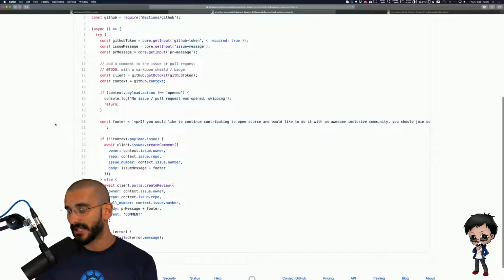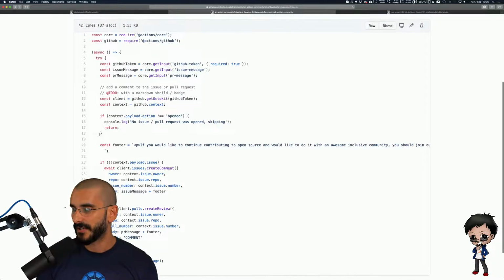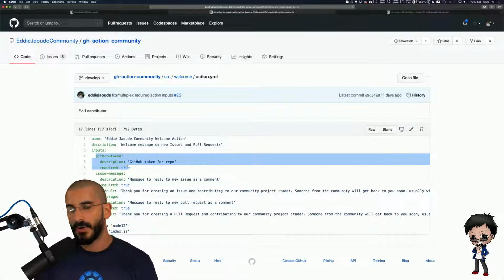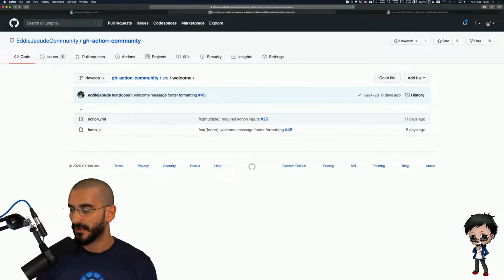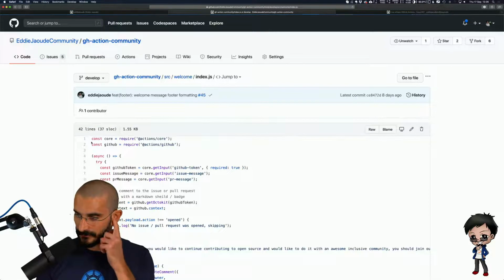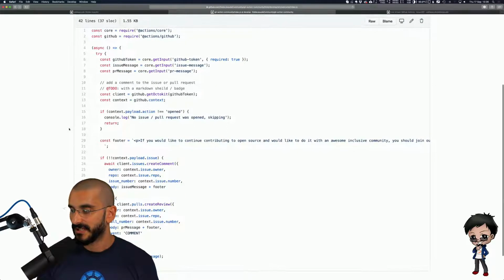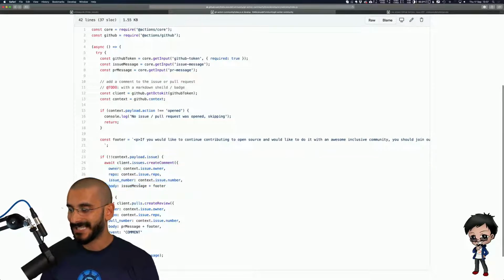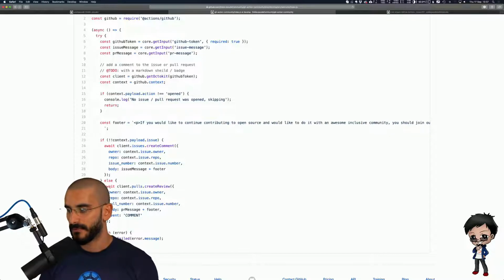And in the other, the welcome one, have a look. Oh, actually I did write this, I forgot. I took the inspiration from one that was already written. If I go again to the configuration of it, we need a GitHub token, so that whoever's using this action, we can have permission to their repo. And then we have asked for an issue message and a PR message. And then if I go to the actual JavaScript code, I grab those inputs that I need, and if someone's created an issue, on that same issue we put a reply, and if they've raised a pull request, we put a reply as well, welcoming them to the project.